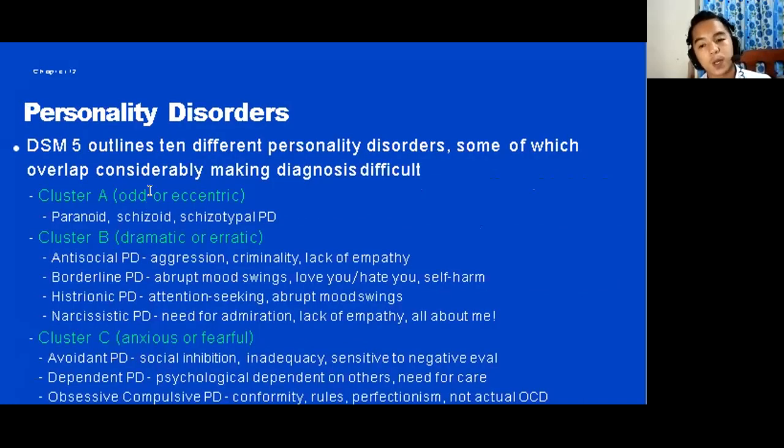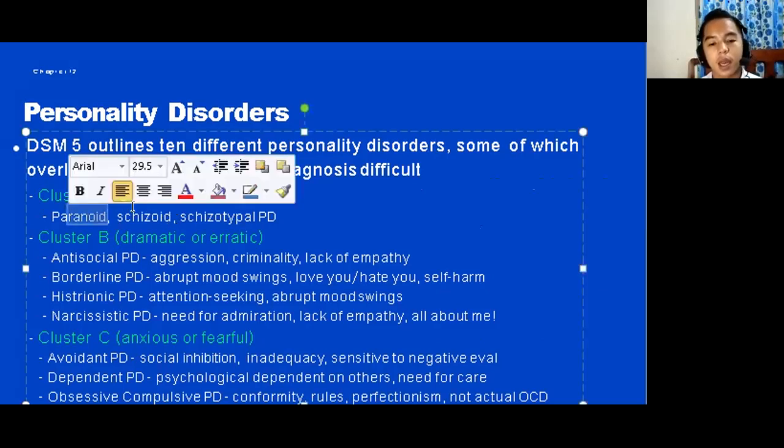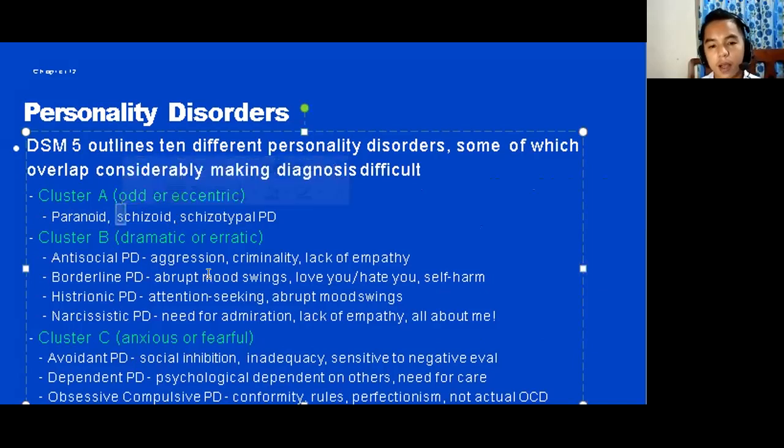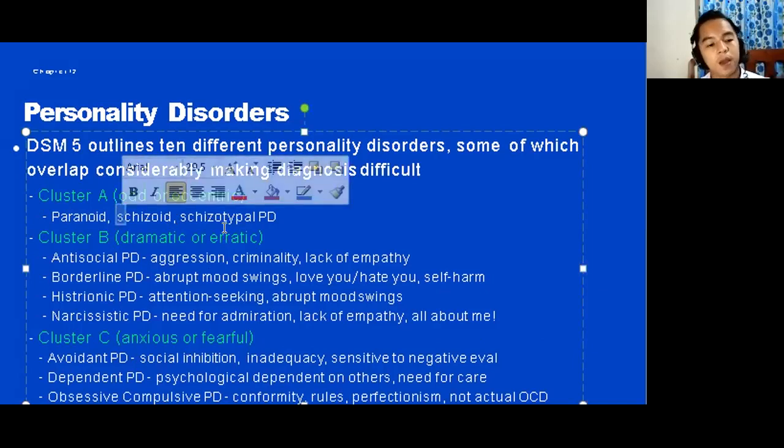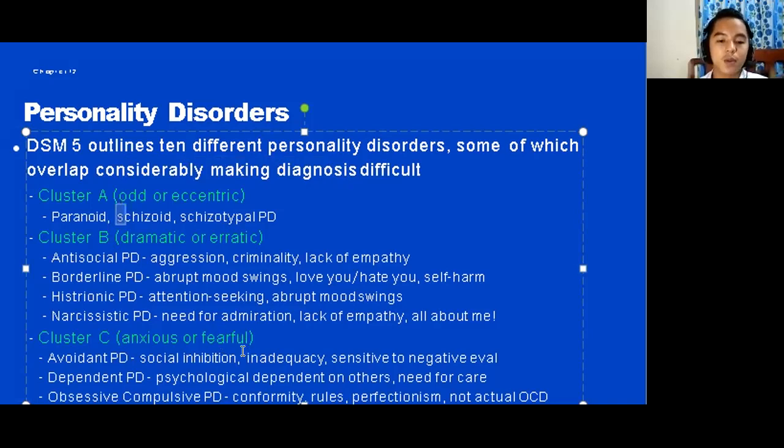Personality disorders have 3 clusters. Cluster A is the odd or eccentric personality disorders, which are the paranoid, the schizoid, and the schizotypal personality disorder. Cluster B is the dramatic or erratic,